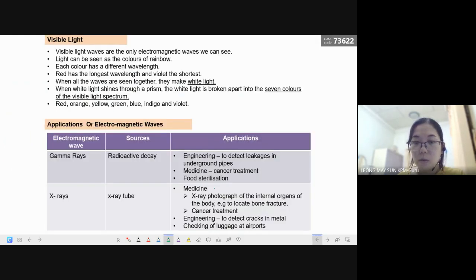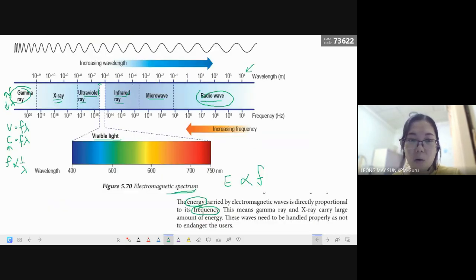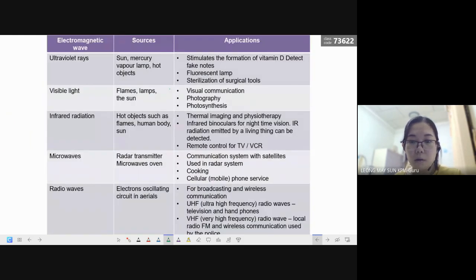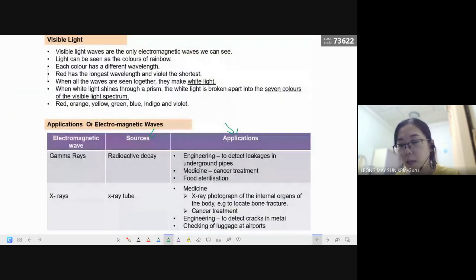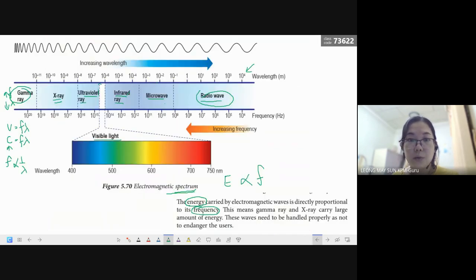The rest of it, I think you can read and understand by yourself, because it's quite straightforward. You just have to memorize what the sources of electromagnetic wave are and what the applications are. Normally they ask more on this spectrum. Due to the time constraint, I'm going to stop here since all of you have the PowerPoint slides that I have combined. I considered that you will be able to read through that. I specifically arranged the whole flow of the slides.